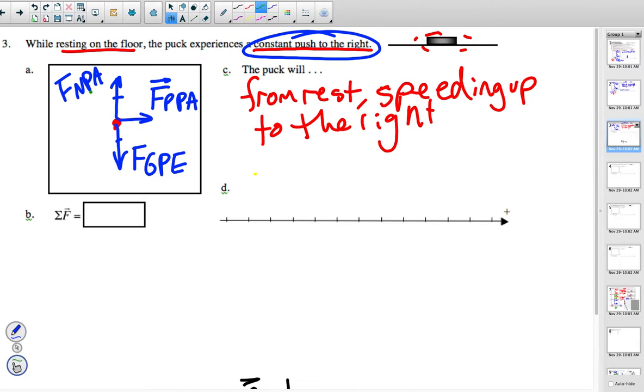If we add up the upward force plus the downward force, they would balance each other out. What would be left over? The force of push on the puck by the air,